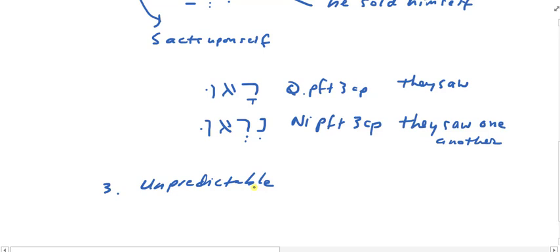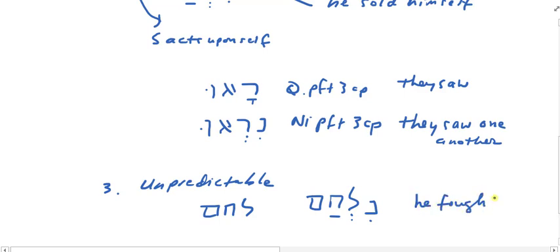Okay? So one of the examples that Ross gives us is the verb lacham. Okay, so this is lamed chet mem. The nifal is nilcham. That's nifal perfect. And this means he fought. Okay, that is just what the nifal of lacham means. He fought. Does that have any passive meaning to you? Is he being passive here? He fought. No. Nothing passive about this. There's nothing reflexive about it. This is just what the nifal of lacham means. Okay, to fight, to engage in battle.